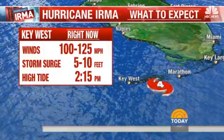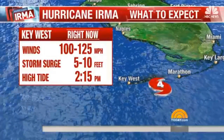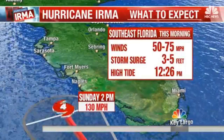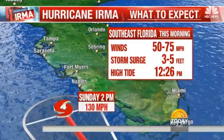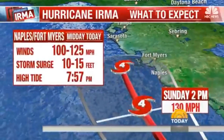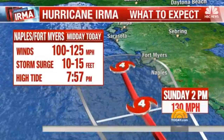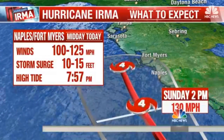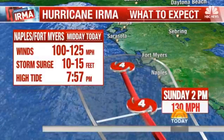Key West right now, up to 125-mile-per-hour winds, storm surge 5 to 10 feet. And we also look at what's going on in Miami and the southeastern part of the state. We're going to be looking at winds of 50 to 75 miles per hour. That storm surge 3 to 5 feet, and it's just going to continue to grow as the afternoon moves on. As we continue into the afternoon and evening hours, midday, Naples, Fort Myers, 100 to 125 mile per hour winds. Big storm surge there, 10 to 15 feet, and with the strong winds, it's just going to get even worse